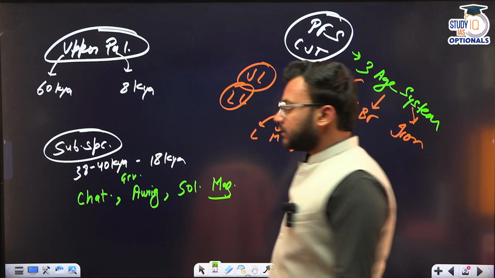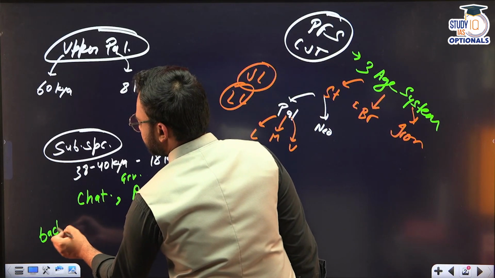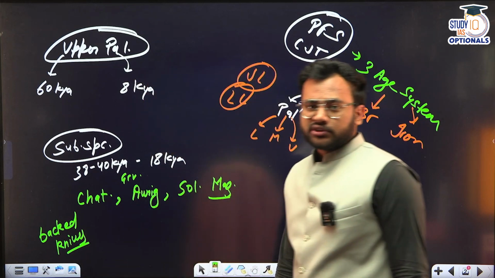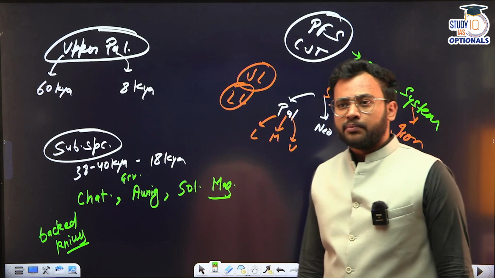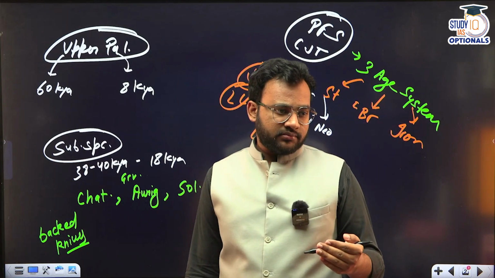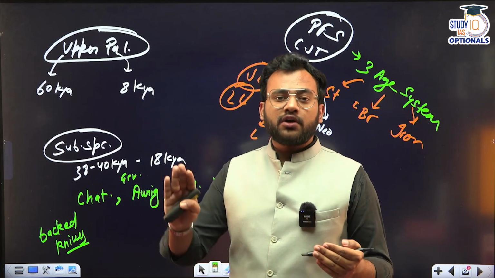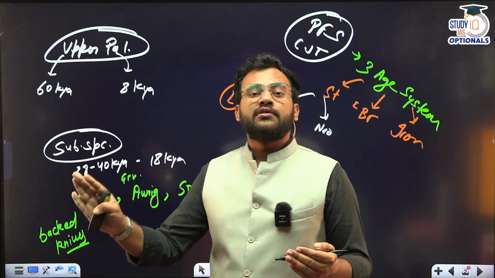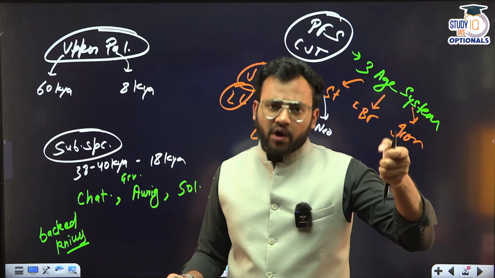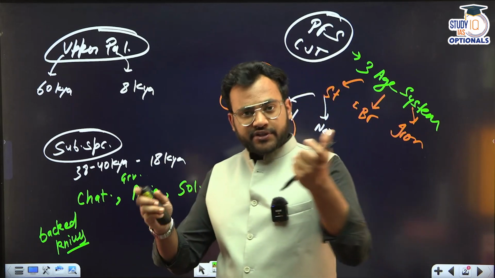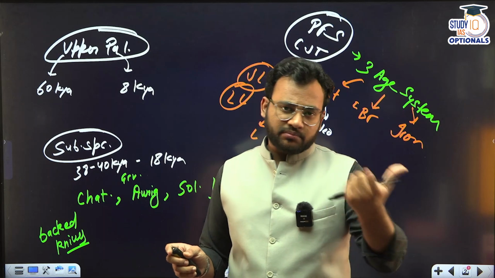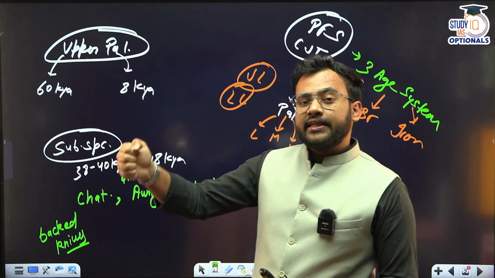And what are these type of tools? These tools are called backed knives. What are these backed knives? Backed knives are a type of blade tool where one end is blunted and the other end is sharpened. The blunted end is used for holding it or hafting it. You can fix it to some other wooden piece, ivory or stone material so that it is easier to handle.